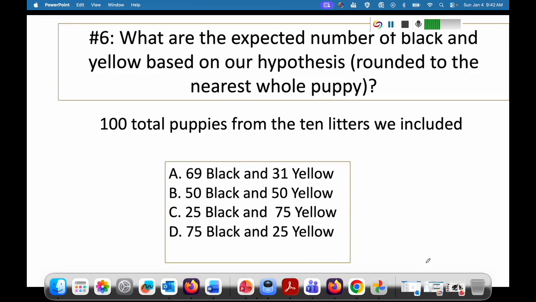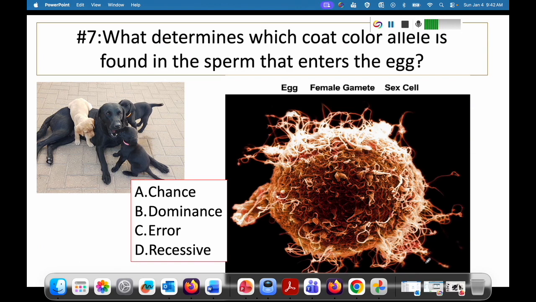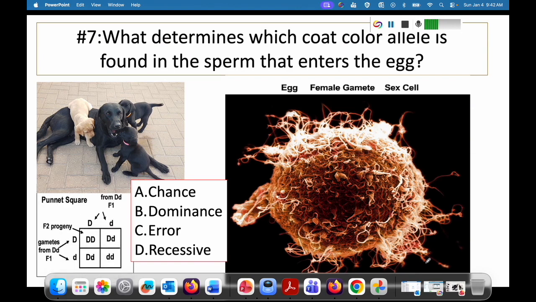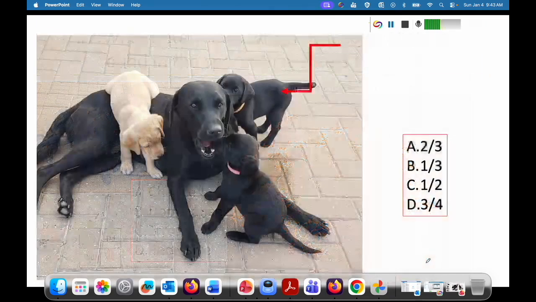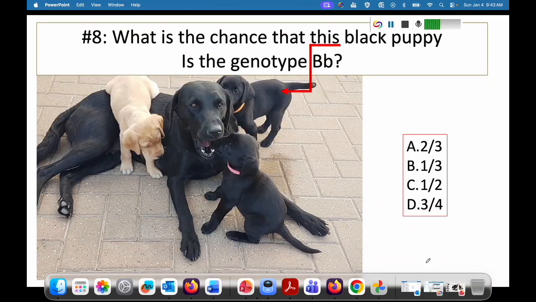And again, I'll share with you this quiz and what I think are the correct answers if you would want to use this in your own teaching approach. And then we have some questions that connect this to the biology of producing sex cells, where they randomly come together to form the next generation, and we use a Punnett square to depict that random nature. And then we put the Punnett square to work, where I ask them, okay, we have a model. What would you predict is the genotype, or what's the probability that this black puppy here has the